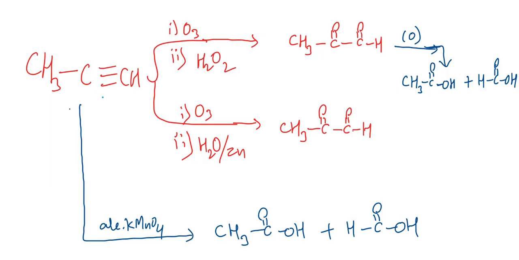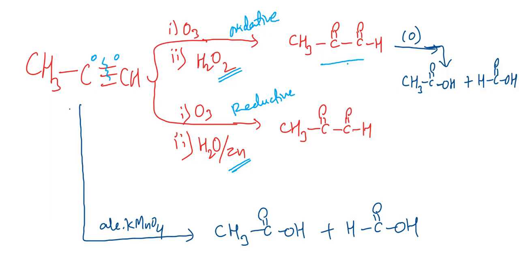Suppose you take some bigger alkynes, ozonolysis is of two types. One is oxidative, which is called oxidative ozonolysis. This is reductive ozonolysis. Reductive ozonolysis, because reduction happens here, while in the other, further oxidation happens. See, initially what happened, the same product. Initially, you just break the two bonds and put one oxygen on the right side and left side.